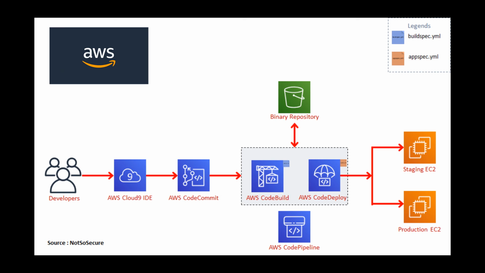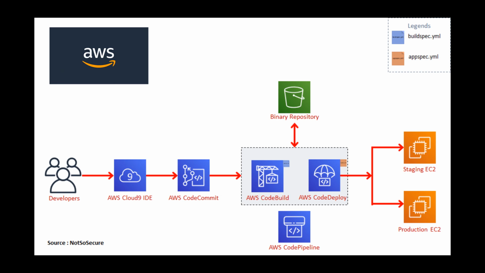AWS CodeDeploy is a service that pulls binary artifacts from S3 buckets and deploys them in pre-provisioned AWS environments like EC2, Elastic Beanstalk, and ECS. CodeDeploy is fully configurable using